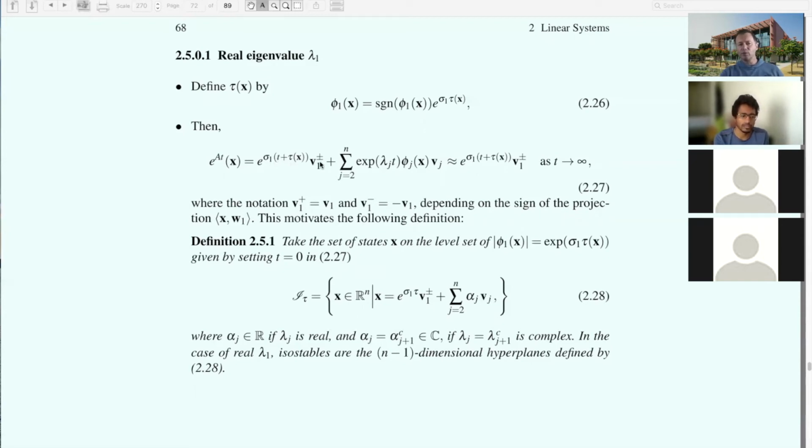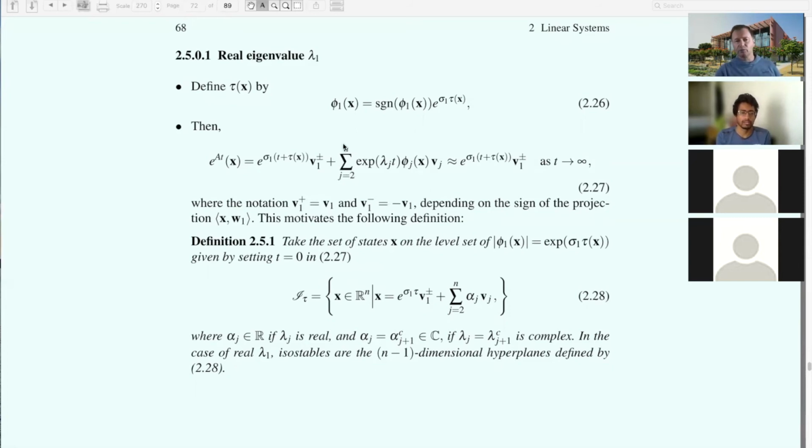And then this ±v1 just indicates that I could have the sign of φ1 be a plus or a minus. So this would indicate two eigenvectors, where of course one of them is just a constant multiple of the other, but points in the opposite direction along the same line. And then we have the remainder,